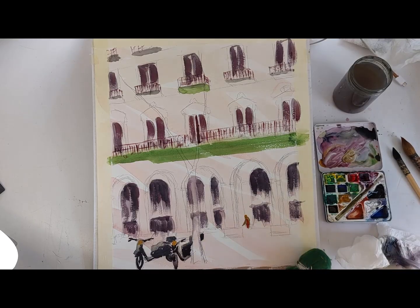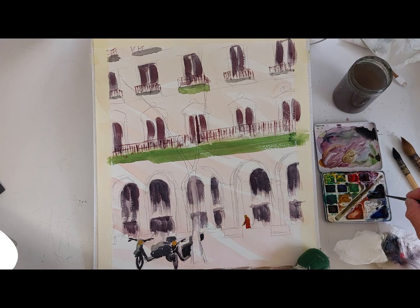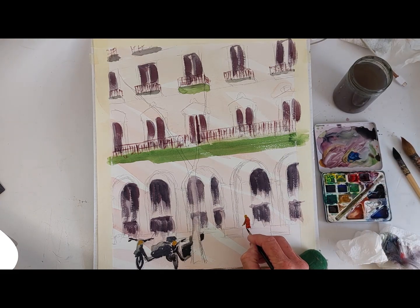And I'm just putting some red in there as well and blending that while I'm painting, because I just feel that the red is a nice colour to have. And then putting in a bit of blue to that, because this figure must have a bit of movement in the legs, because without that we don't really have movement, basically,